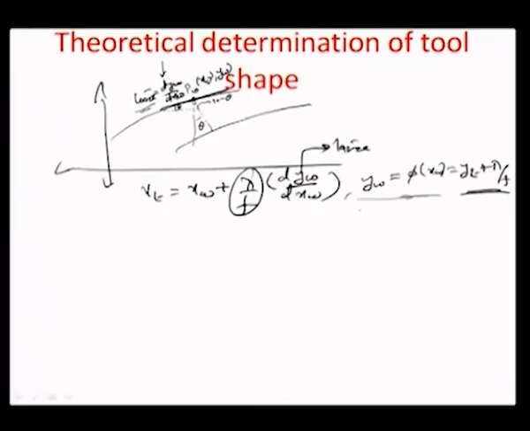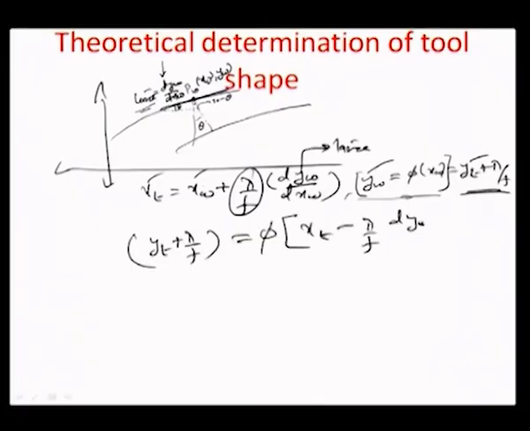So, if this functional relationship exists between the yw and the xw, and we have a relationship of yw with yt and xt with xw, we can write down that yw, which is yt plus lambda by f, is functionally connected in the same manner to xw's value here, which is xt minus lambda by f times dyw by dxw. So, if you really know the slope here, then it should not be a problem to map the xw yw to xt yt as available here in this functional relationship. So, therefore,